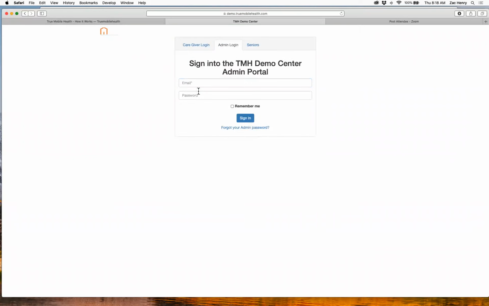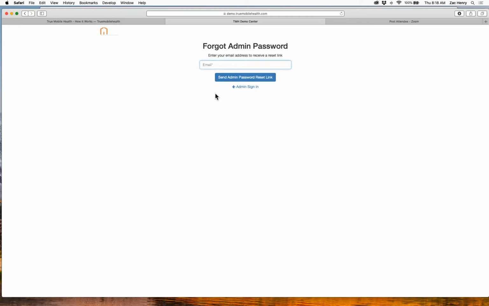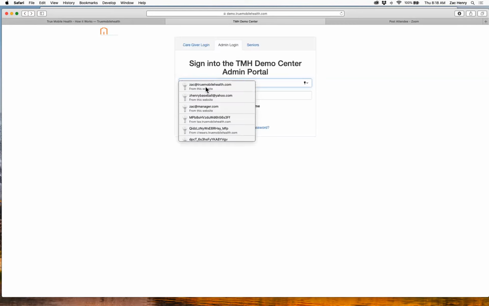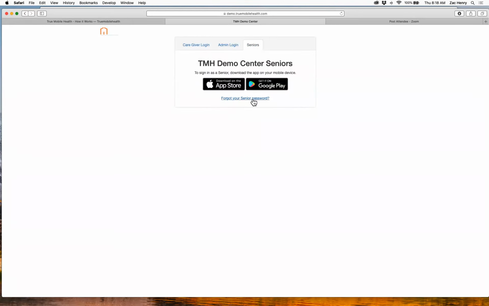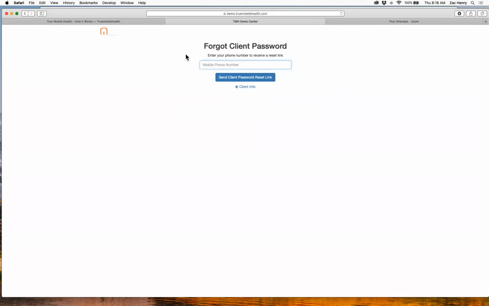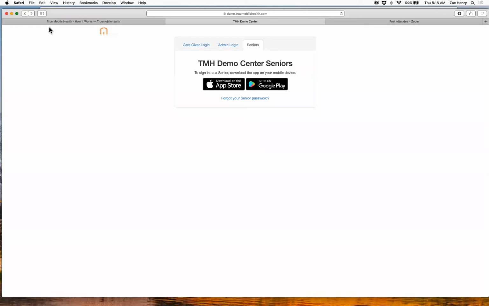Admin login, forget password, you would just need another email address, and it sends their email a password reset, because admins will log into the system through email. Coaches will use their phone number on the web portal. And then of course the clients, they just have access to their app. So if they forget their password, they get a text. So one more time,